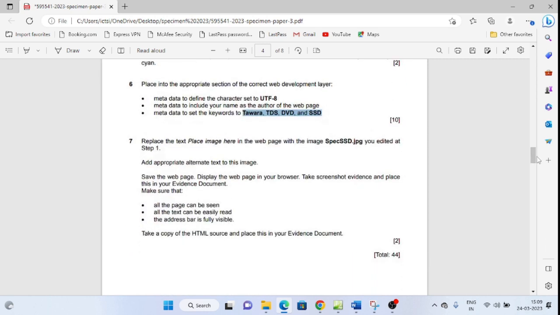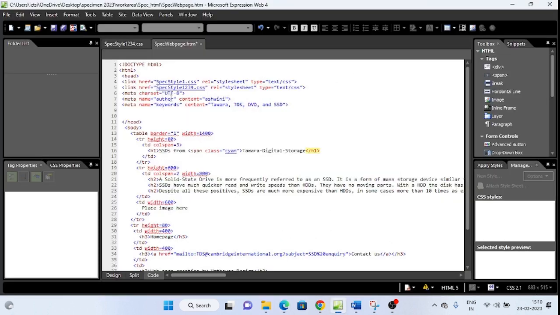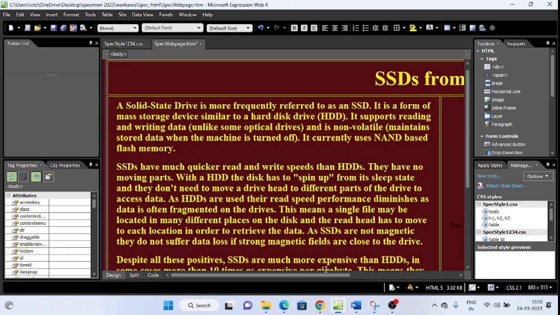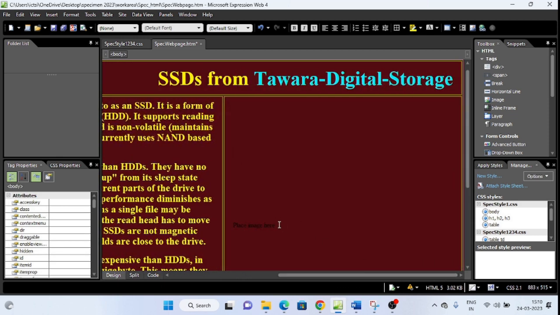Next, replace the text place image here in the web page with the image specimen ssd.jpg you edited at step 1. The image which we have edited in step 1, you have to replace that image with the text. Open this in design view. So this text, place image here.